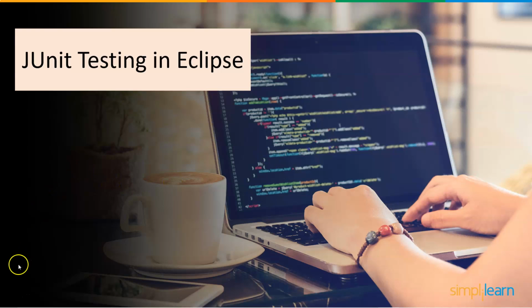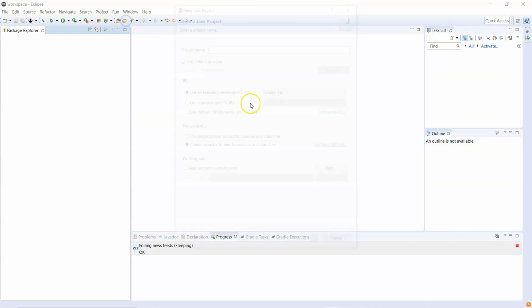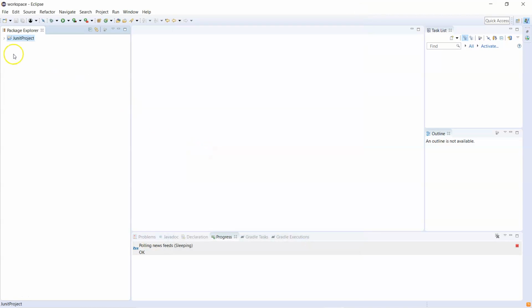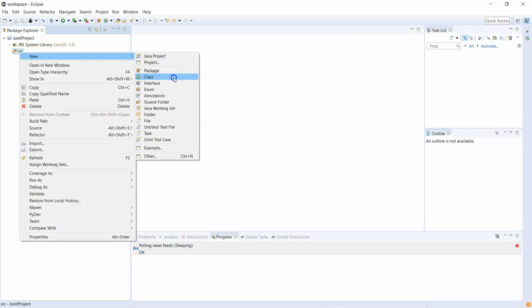So let's go back to Eclipse, and this time we are going to run the test cases in Eclipse here. Now let's create a new project again here. JUnit project, right, and finish. So a new JUnit project will be created. Now in this one you can see there are no executable libraries for JUnit, but you can include it now also, but I'm going to do it later on. So I go for the